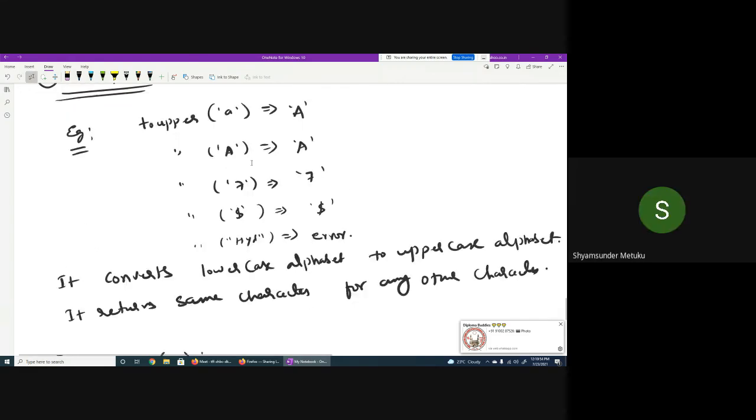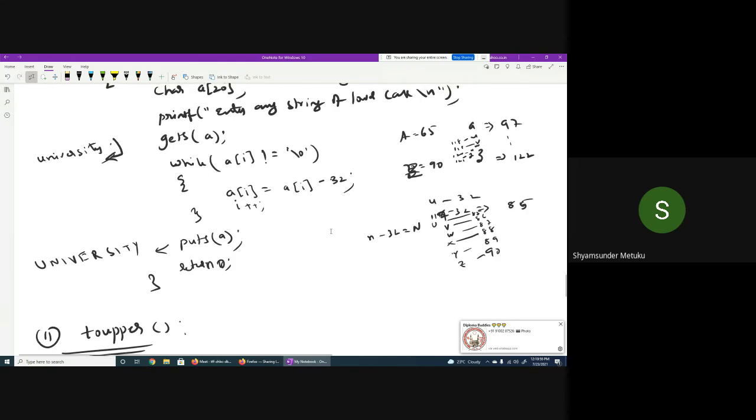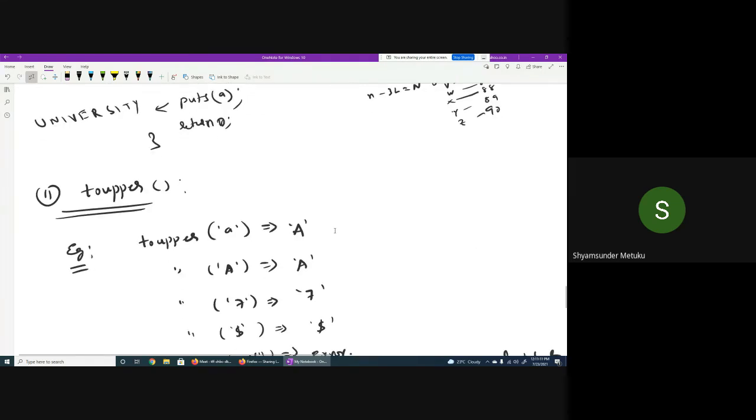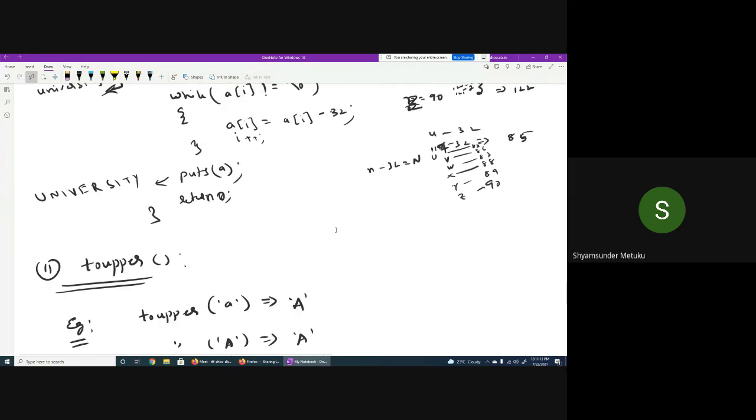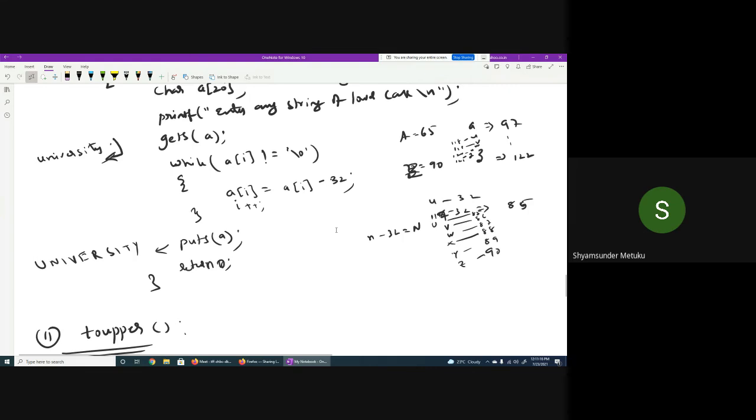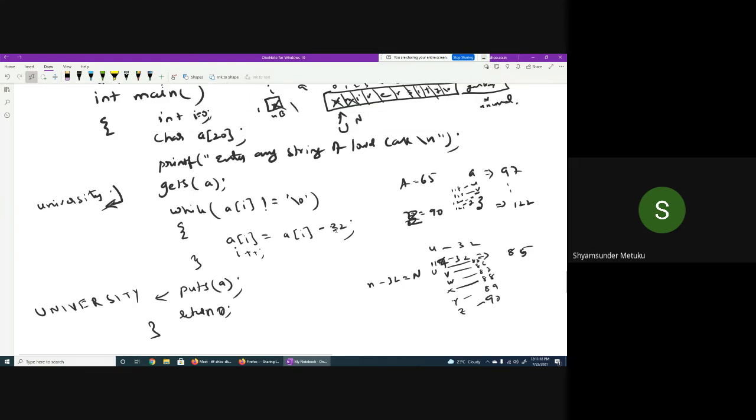Yes, sir. Can you tell me, in this program, what is the change I'm supposed to do if at all I wanted to use these toUpper and toLower functions? Which one only needs to be modified? Only this one, right?